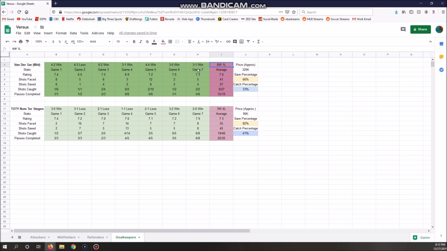So wins versus losses, I'm not really going to take into consideration, although performance over 7 games gives us a nice, good average. So speaking of average rating for both of these cards, 7.3 for Ter Stegen versus a 7.0 for Van der Sar. Now, obviously, Ter Stegen edges it out in the average rating department, but also if you look